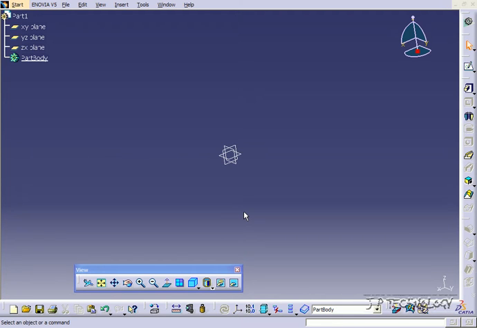This is tutorial number 53, and it covers how to do a basic multi-section solid within CATIA v5. To start off, open up a new CATIA v5 part file, and once you've done that, the multi-section solid tool is right here. So what we're going to be doing in this tutorial is just a basic one to